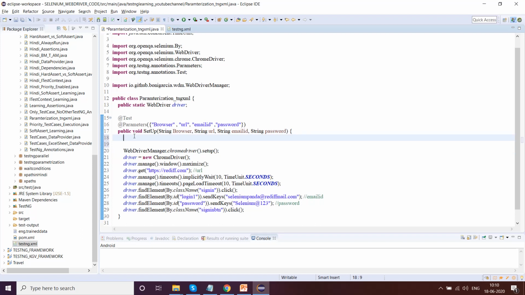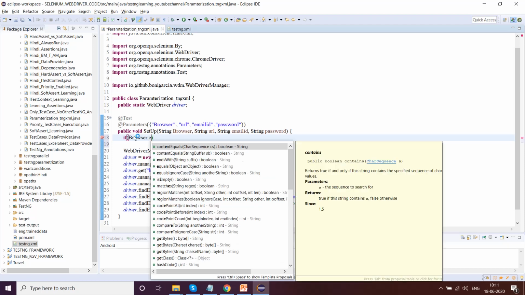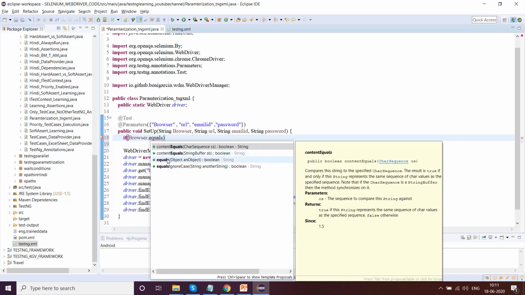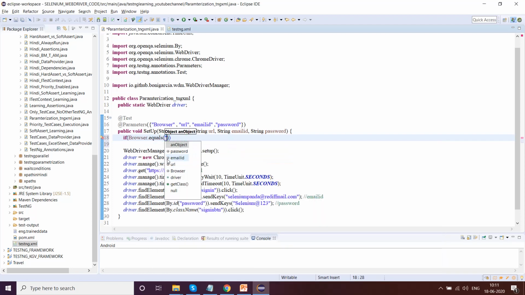So to validate whether our browser is exactly correct or not, I'll use an if statement. If browser dot equals Chrome, so if browser dot equals Chrome, then do this setup.